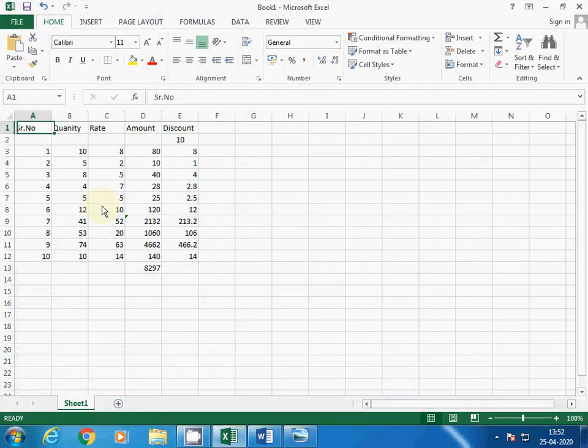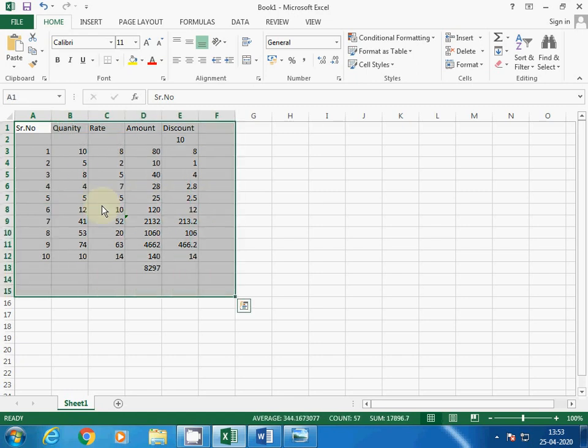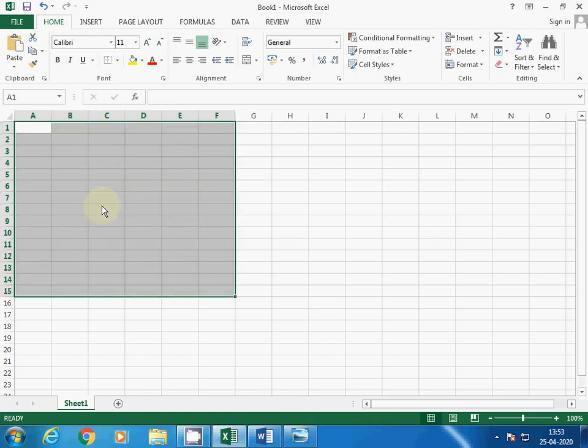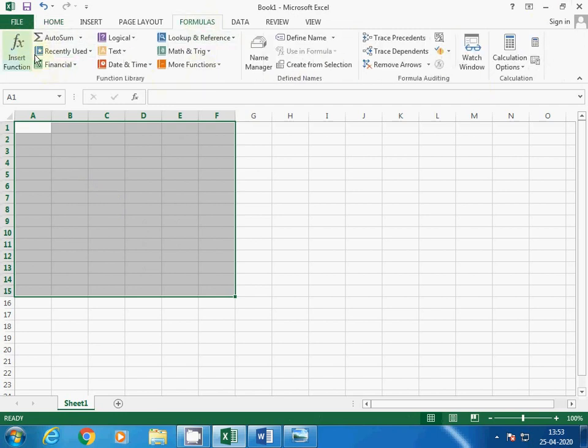Now the next topic is using formula. Using formula, first we will see some basic formulas of Excel. Okay, so some basic formula you can find in the formulas tab. Simply you can go to the formula tab. All the categories are mentioned over here.